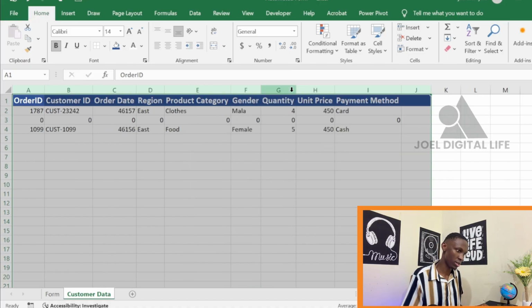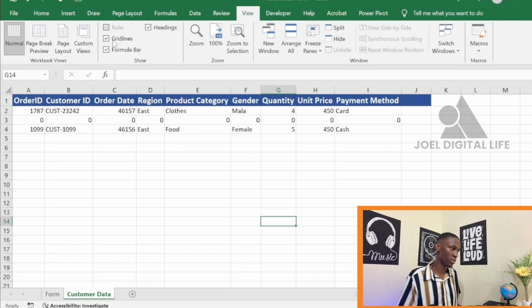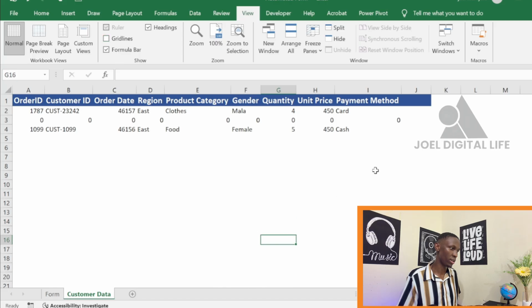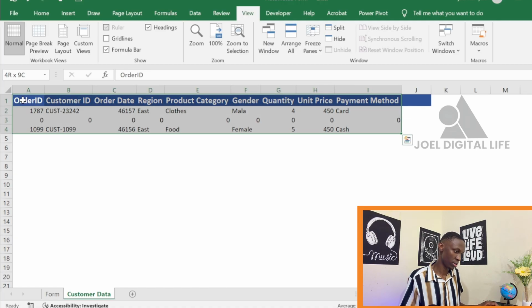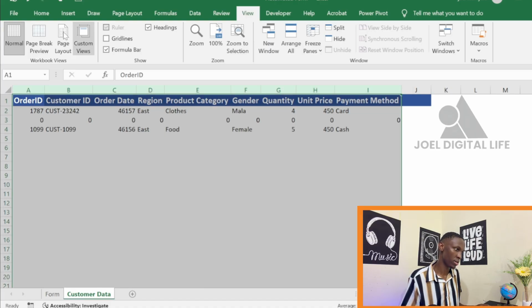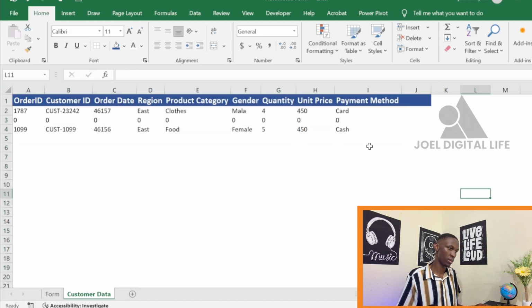Alt HOI. As you can see, I go to the view tab, remove the grid line, and I align my data. Okay,